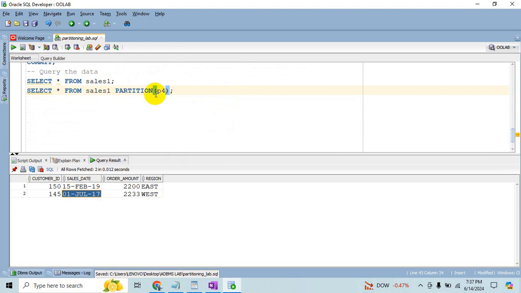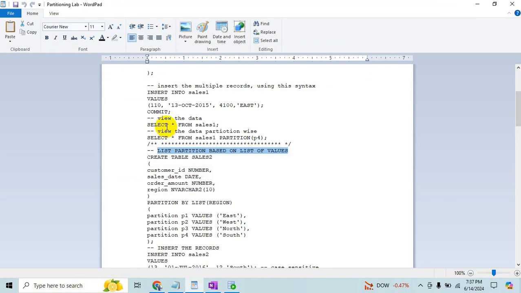Now you might have got the idea. Why did I say what if the value is not in that range? Okay, fine then. That will be the end of the partitioning lab related to range partitioning. We'll figure out some other types of partitioning, like index based, and next we will be collectively discussing